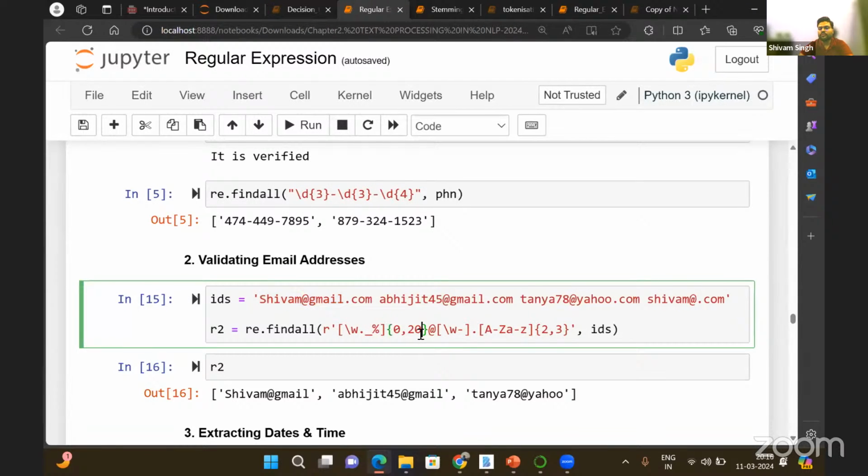Okay, if you want, you can try to increase this value, because maybe some mail ids are a bit longer. After that there should be the at the rate. After the at the rate there should again be alphanumeric. Alphanumeric means it can contain the alphabet, the numerical values, and it can also contain the underscore. Okay,